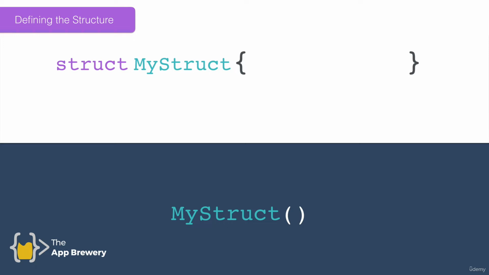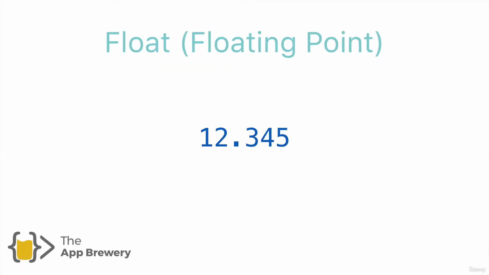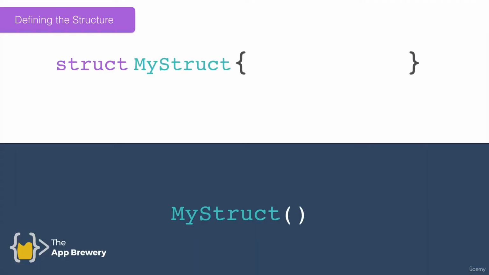Now, notice how the names of structs are a little bit different compared to methods or properties. When you're creating a struct, the name that you give it has to be capitalized even at the beginning, so that way you can tell that it's actually a data type, similar to how our string, int, or float data types all start with a capital letter. Let's go ahead and create our own structure in Playgrounds.